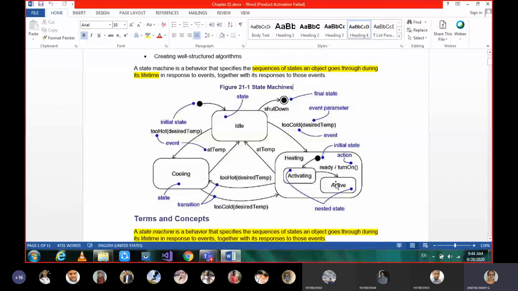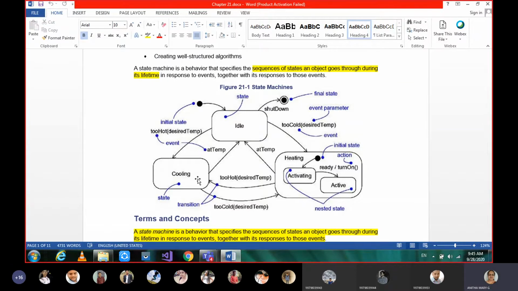Okay, since these are the substates in the heating state, we call it a composite state. And within substates also, when it is starting, this start and stop you can give here for a composite state. Again after heating, when it reaches the desired temperature, it will go to the cooling state.